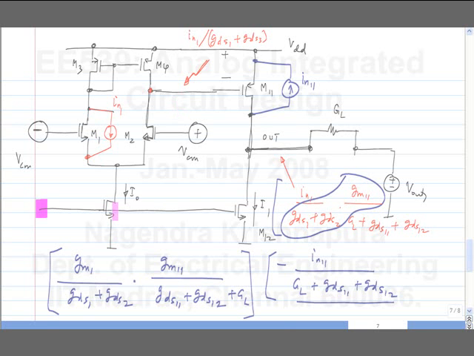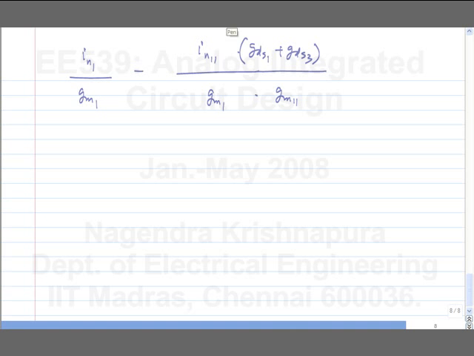What's the contribution of M12? Same as M11. So I think now without more analysis I can write this down. It will be IN1 minus IN2 plus IN3 minus IN4 by GM1 minus